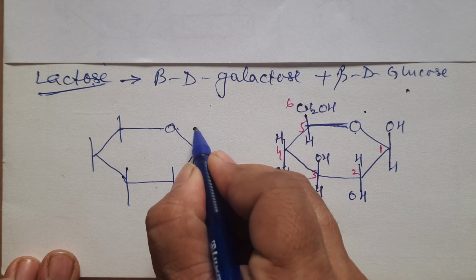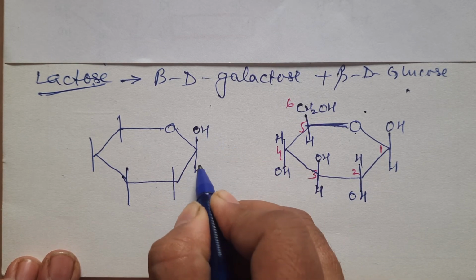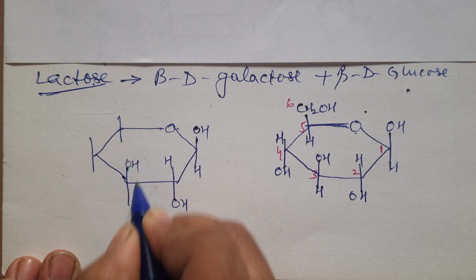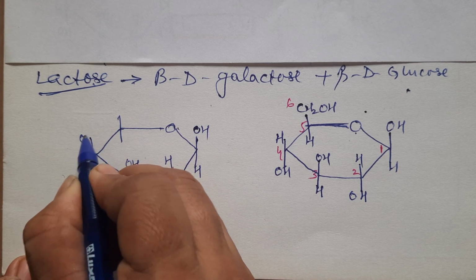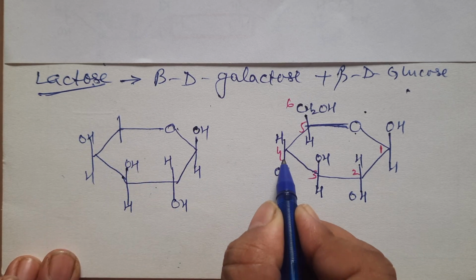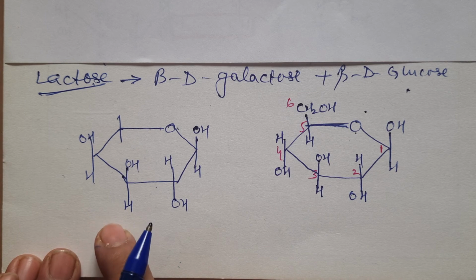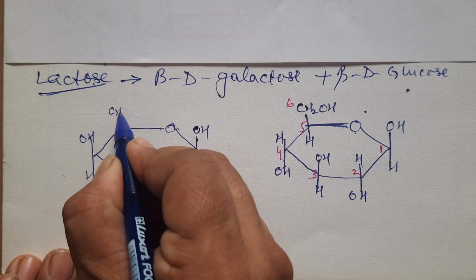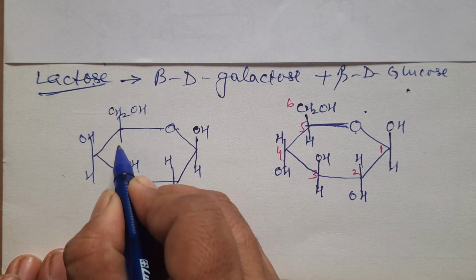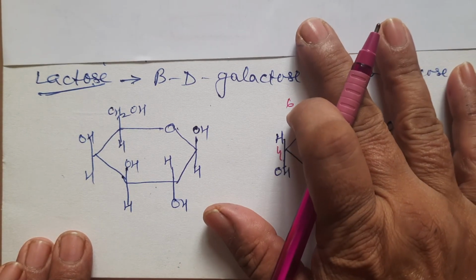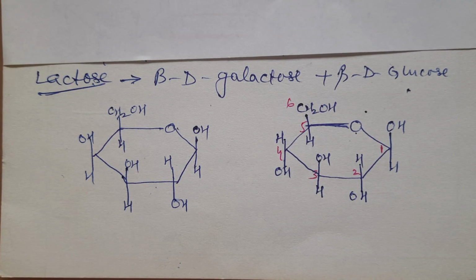So this is as such, OH. This is H, H, OH, OH, H. This is OH. That's it. At the fourth carbon atom, the things are reverse compared to beta D glucose. That is the galactose structure. And this is exactly the same, CH2OH and H. So what is the linkage? First I will explain it to you. I've just covered the maltose structure so that you do not get confused.